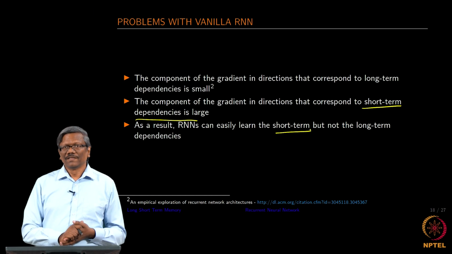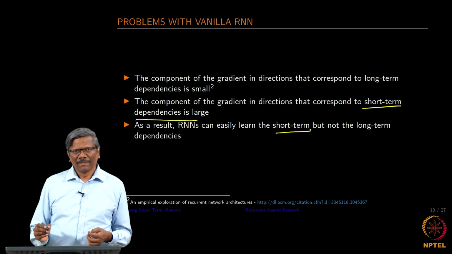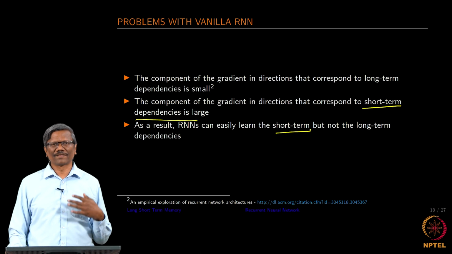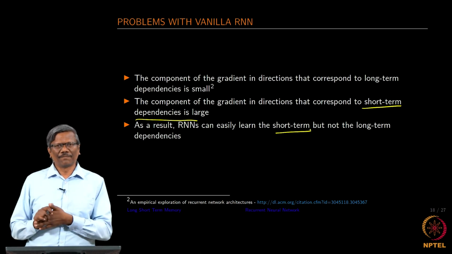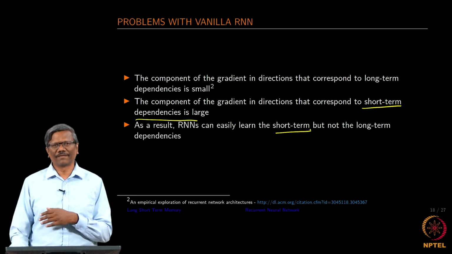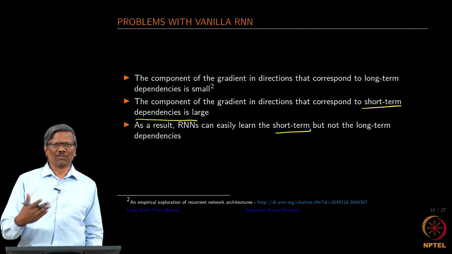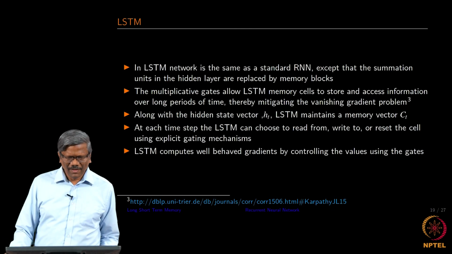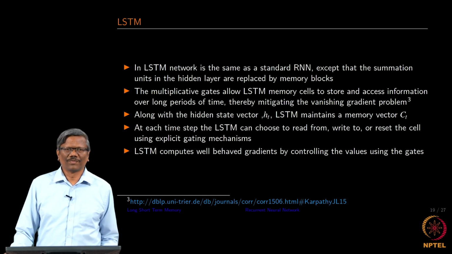So, people started looking at options to really correct that. This is what I said earlier too. When you start using a particular architecture again and again, you will start finding problems, and then we start finding alternatives or make some adjustments to the same network, so that we are able to solve the problem. This is how we evolve, and the networks evolve as well. Now we are going to look at another variation of the RNN. This is called LSTM, or long short term memory.